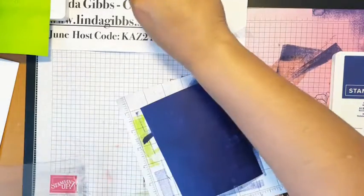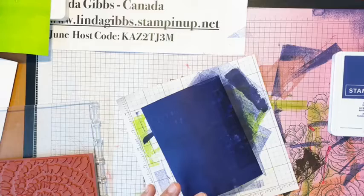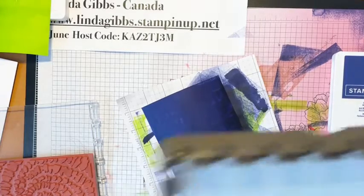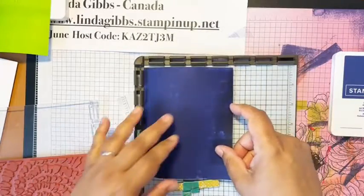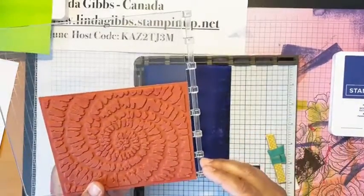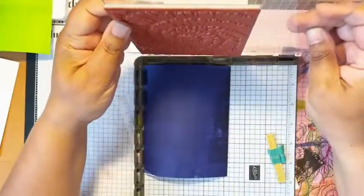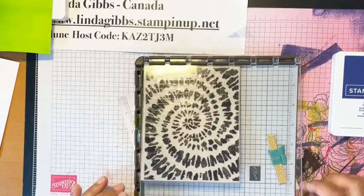This is kind of like jelly plating, only in a totally different medium. Where did I put, I have a stamp. I couldn't find my Stamparatus. Okay, so now I've got my piece again. Now, when you use a big background stamp, this is the spiral die background stamp. So I can't really put my